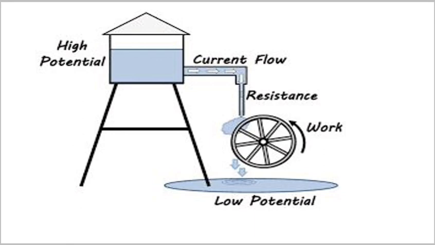A water reservoir is kept at a certain height. At the bottom end of the reservoir, I have connected a pipe and a tap. Now, the water inside the reservoir is kept at a certain height, so water will move from that reservoir through the pipe and move down. This is called current water flow or current flow. So the water current is flowing from a higher height to a lower height.